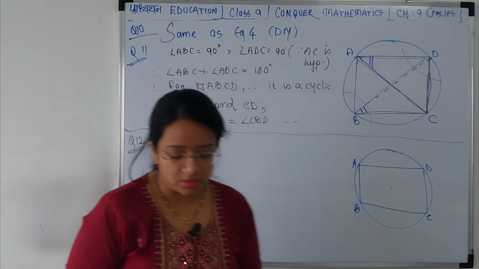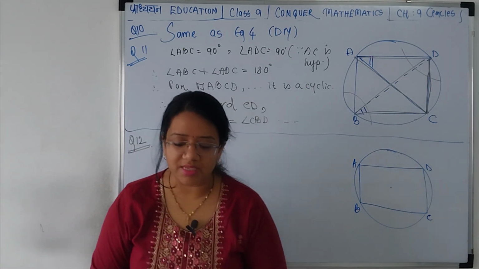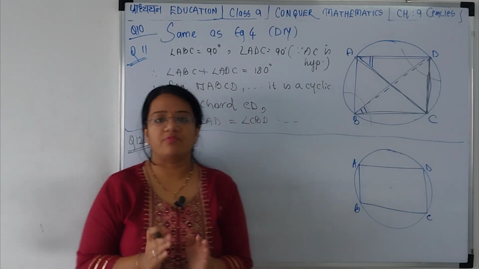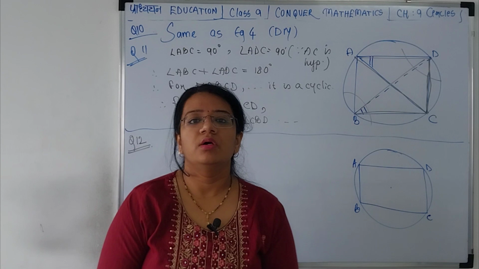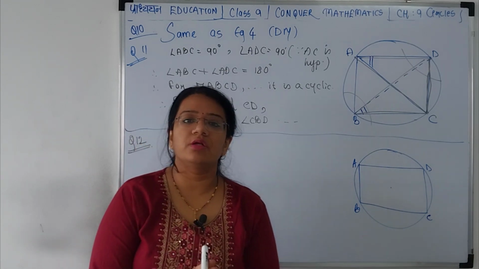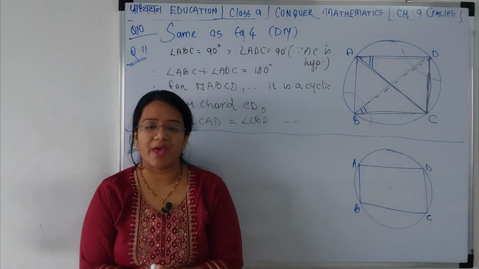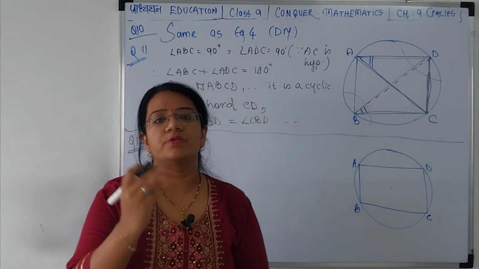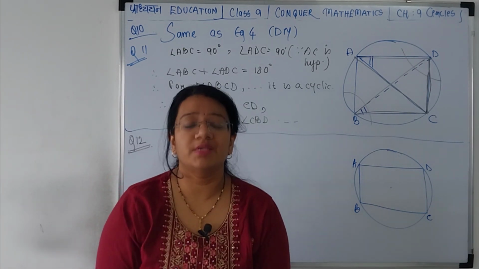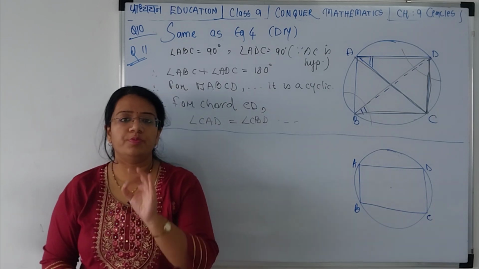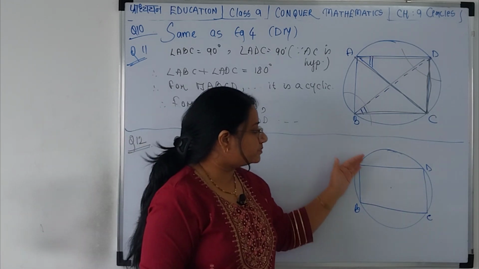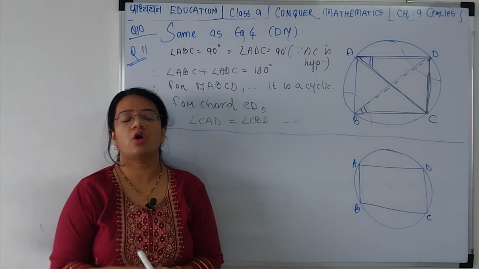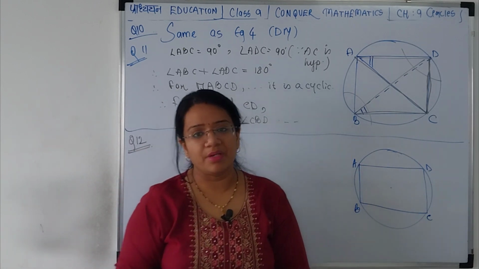Again, the last question is extremely easy. Let's read the question. The question is, prove that a cyclic parallelogram is a rectangle. Cyclic parallelogram. First of all, what is a parallelogram? A parallelogram is a quadrilateral with opposite sides parallel to each other. Okay. What is the property of a parallelogram? Opposite sides are equal. Opposite angles are equal. To prove कि एक given quadrilateral cyclic है, what do we use? We use opposite angles to be supplementary.